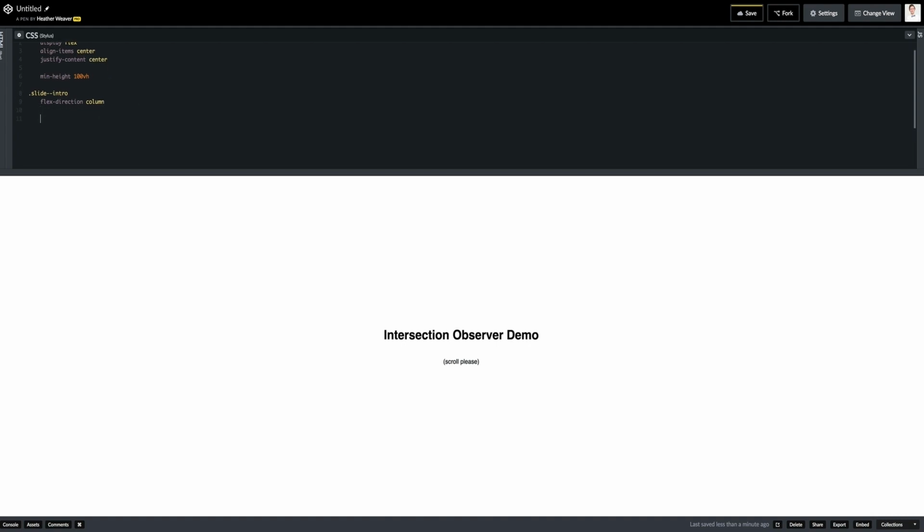Next thing is to apply the styles to the boxes themselves. The boxes will also use Flexbox. I'm going to just scroll down here so that you can see. This is one of the boxes here. You can see it's centered. So we'll use Flex for these boxes as well to center that text content within them. Then a fixed height and width. Add some font styles. And last, we'll give them a background color,